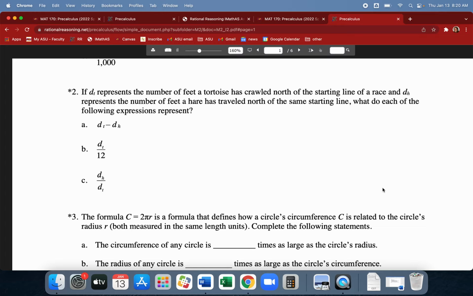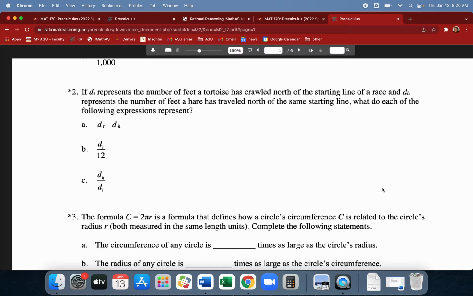Yeah. The distance from the starting line the tortoise is in relation to the hare? Okay, the distance that the tortoise is from the starting line in relation to the hare from the starting line. So if I said d sub t minus d sub h equals 9, the tortoise is 9 units ahead of the hare from the starting line. So if it's positive, that would mean ahead. And what if this came out d sub t minus d sub h is